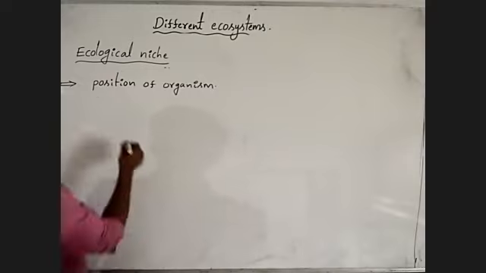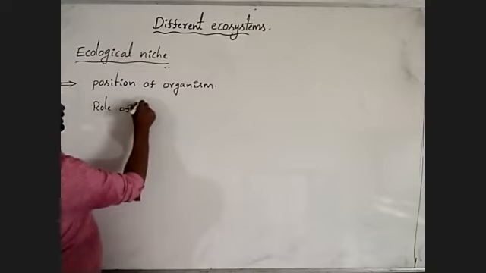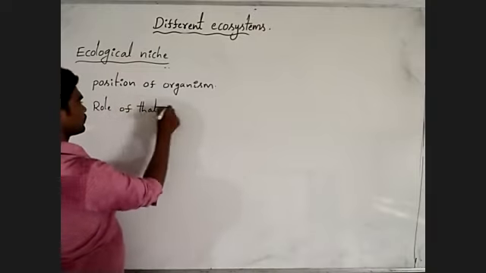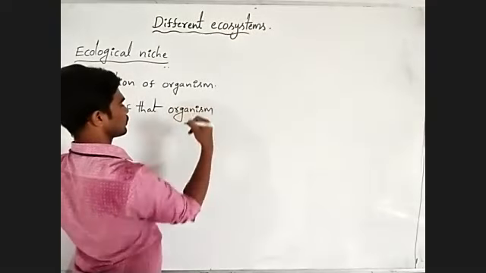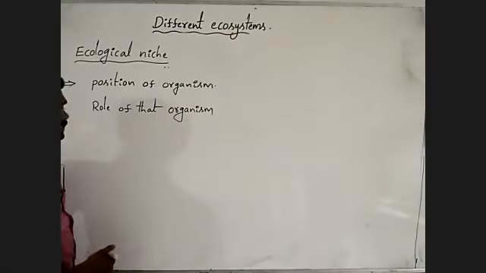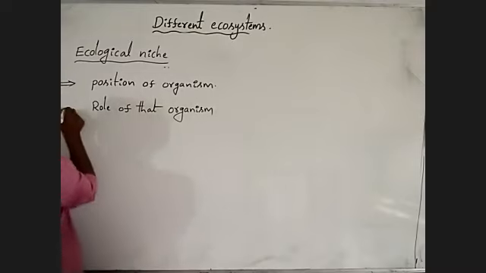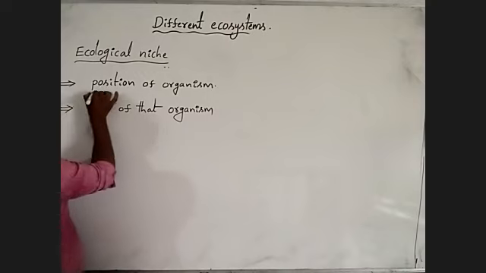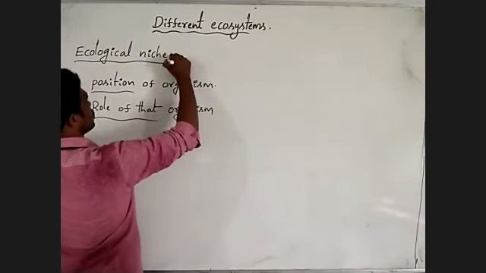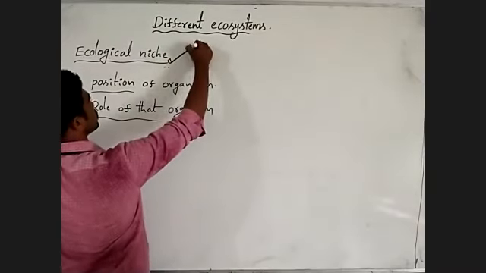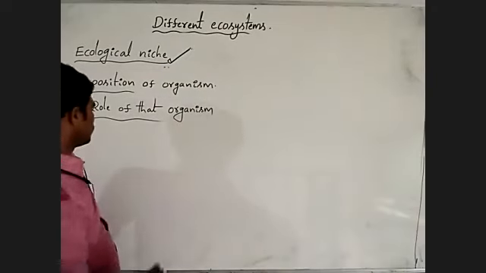Next, the role of that organism, role or function. Understanding, these two are important. To explain the position of an organism or the role of the organism, usually we use the ecological niche. For example,